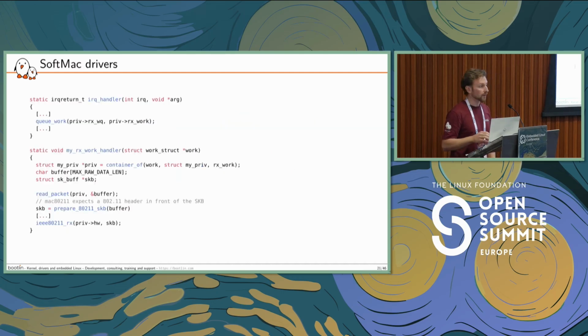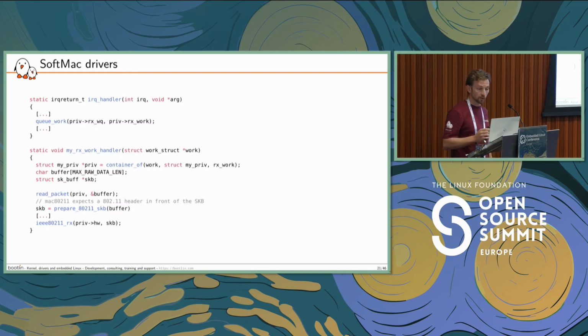Just a short part about the RX path, assuming that our packets are received through an interrupt. I don't want to deal with the packet management directly in the interrupt. I want to defer it to some bottom half. So this is the second function. And in the second function, I will retrieve my packet, prepare it into an skbuf, so this struct sk_buff skb, and push it to the kernel. So that's how I will transmit the received packets to the user space, or the kernel, the Mac 802.11 layer, if it needs it.